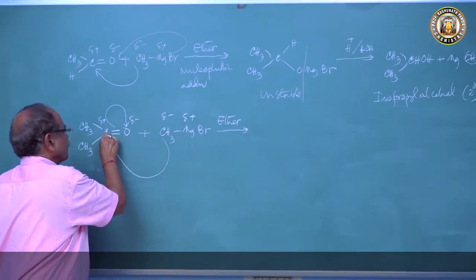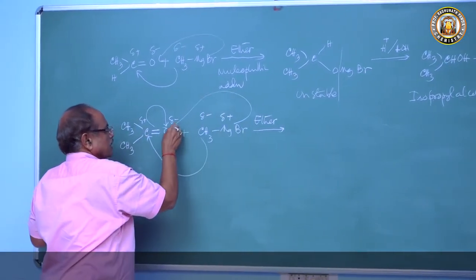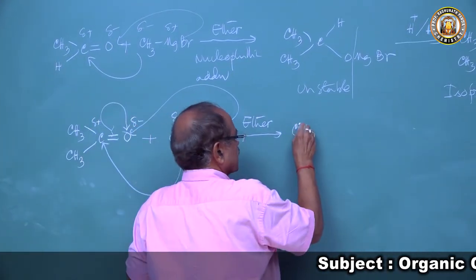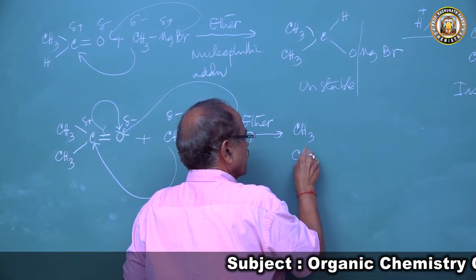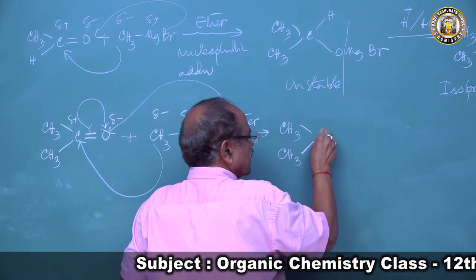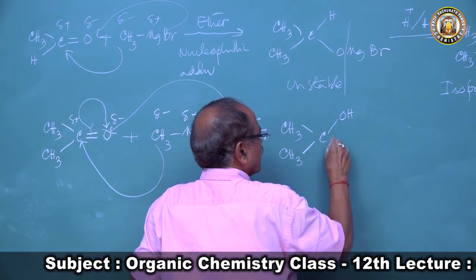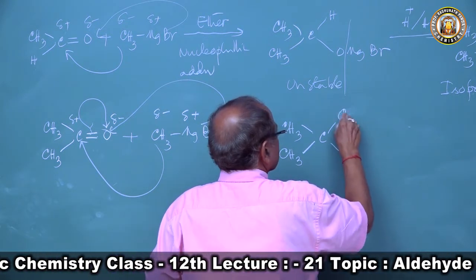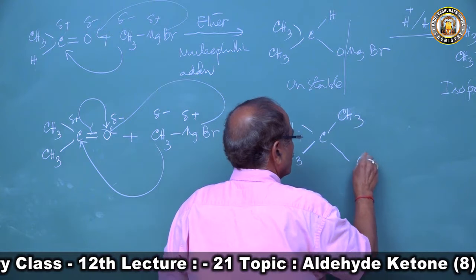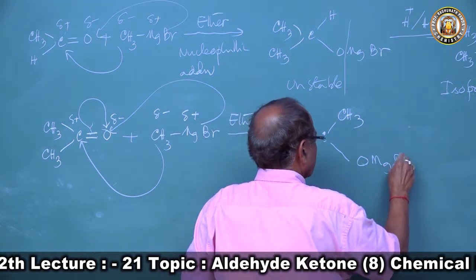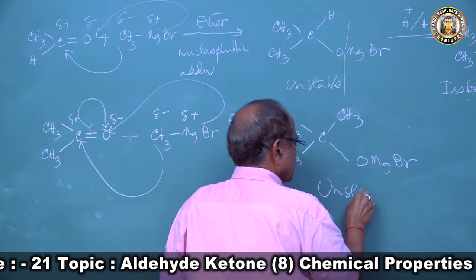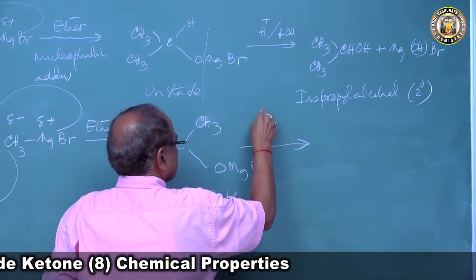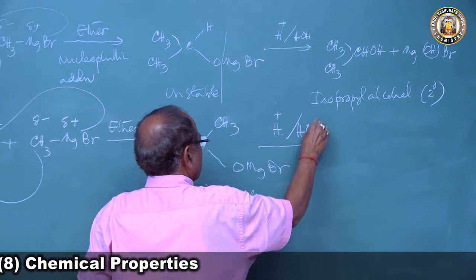The CH3 adds to the carbon and MgBr adds to O, and the pi bond breaks. So we get the product (CH3)3COMgBr. This product is unstable, and upon hydrolysis by any mineral acid,